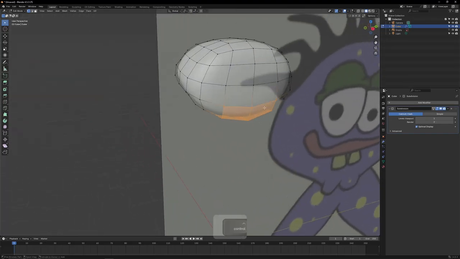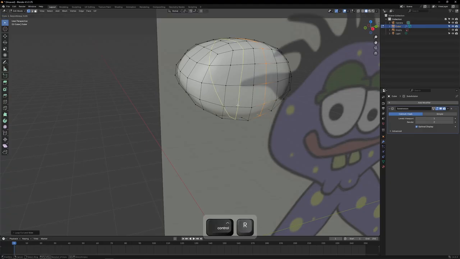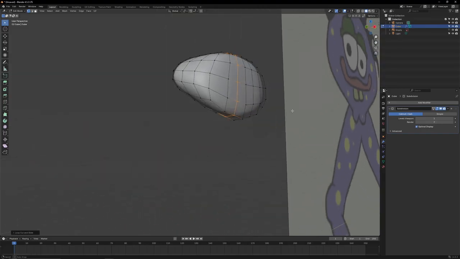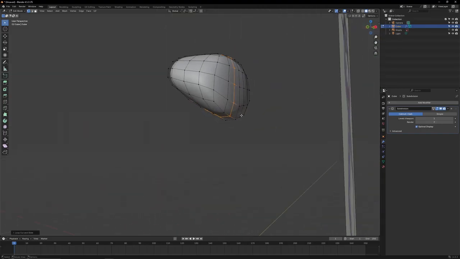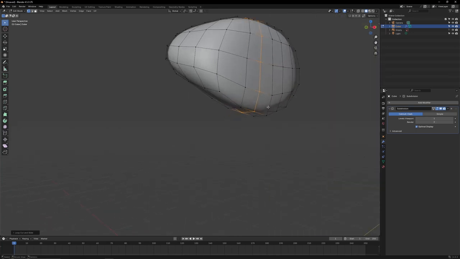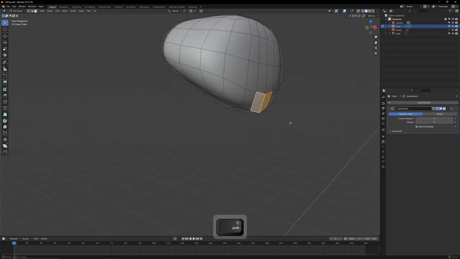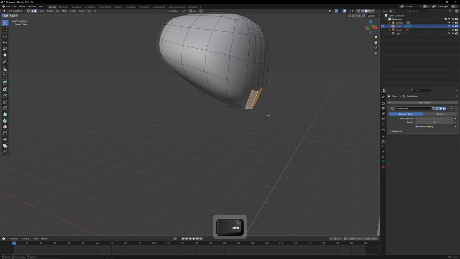So let's hit Control R to do a loop cut, and we're going to put that loop cut right here. Click, and then right click to put it in the exact center. Hit Control R again, put a loop cut right here, right click to put it in the exact center. And we're going to turn these two faces right here into his chin. So let's hit number 3 to go into face mode. Click this face, hit shift and click this other face, and hit E to extrude, and then G